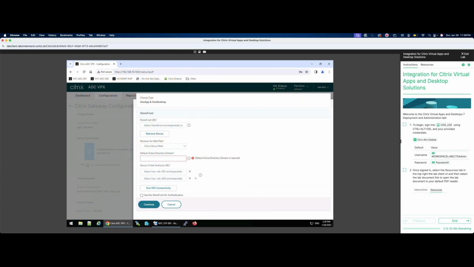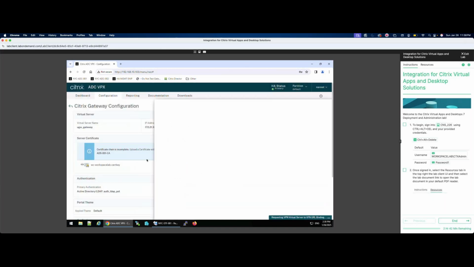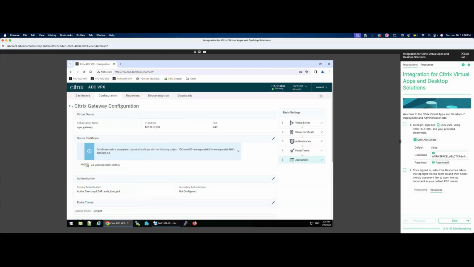Default directory domain, that's going to be workspacelab. Are we good, sir? Say continue, and you can now say done. So now I've integrated our Virtual Apps and Desktops, right? If you see, once you click done, just click on this back arrow